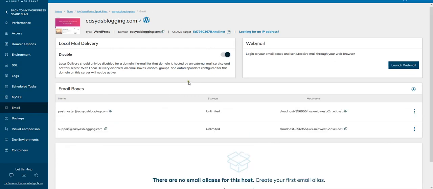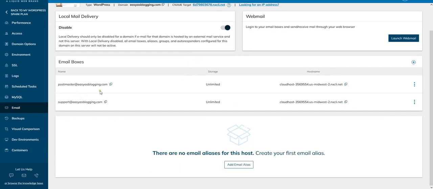And once I do, it's going to load some email address boxes because I've already set up this one right here, which is support@easyasblogging.com. You may have one back here already by default called something like postmaster@yourdomainname.com. And if not, you should have a place to add a plus button right here to add email, because you can use any extension in front, and I don't recommend going with Postmaster